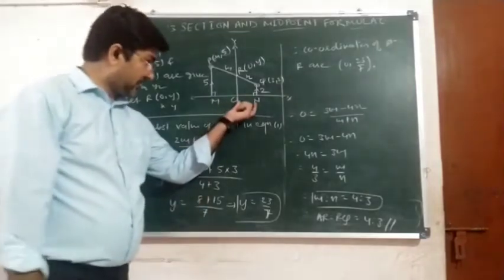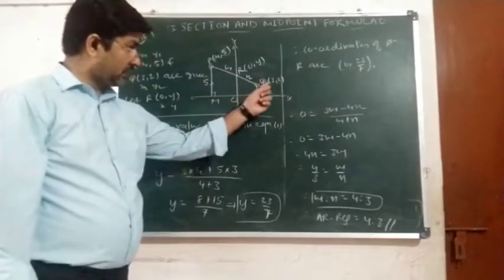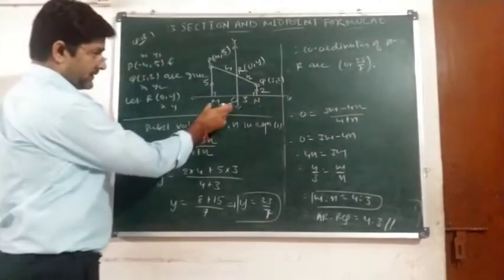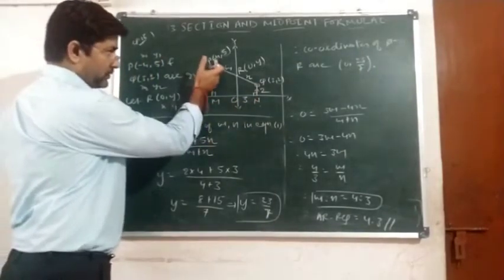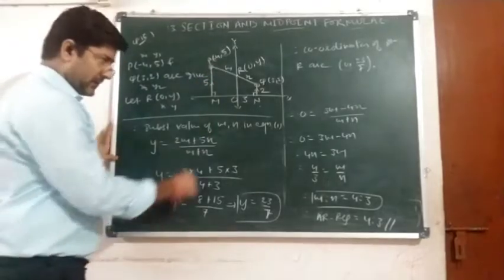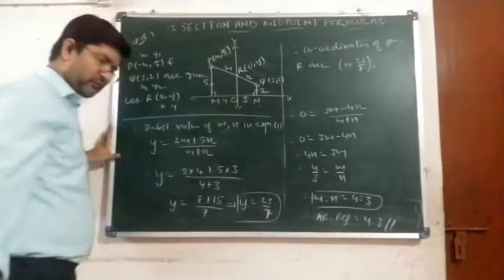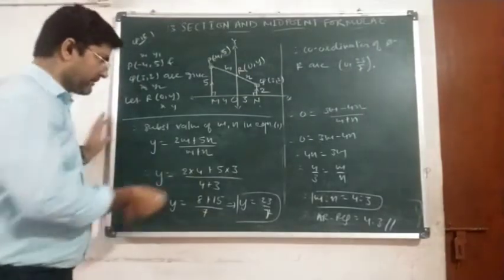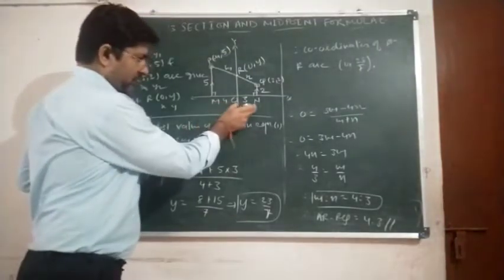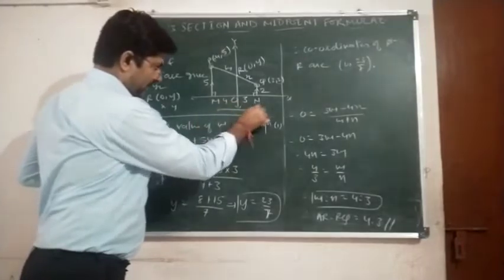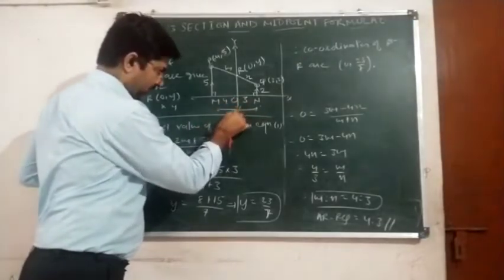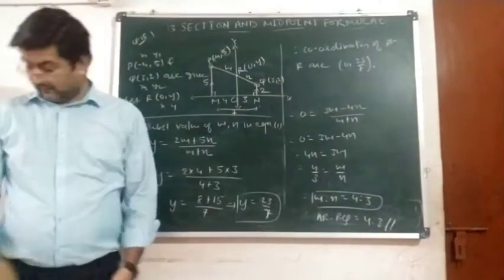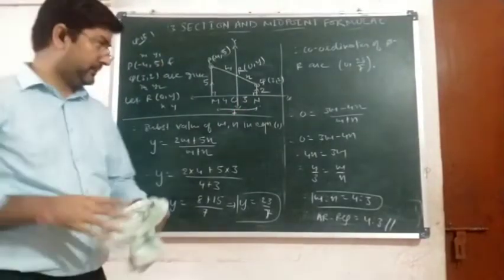Now what is the value of MN? Okay, we know that the distance ON will be the x coordinate of point Q, so that is 3 units. Clear? And similarly distance OM will be the x coordinate of point P, irrespective of its sign, because we want distance, and distance we will consider to be positive only. So OM is 4 units, ON is 3 units, and therefore MN will be 4 plus 3, 7 units. Clear? And therefore now we can use the formula.